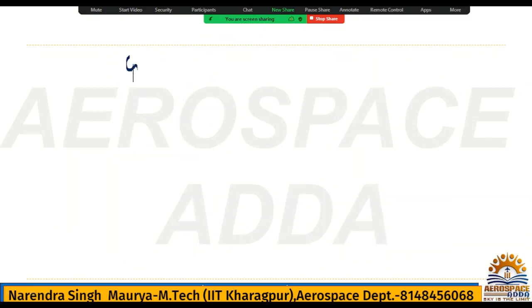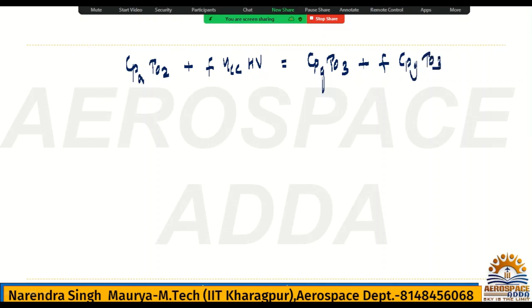Cp of air T naught 2 plus small f eta Cc into HV is equal to, open that bracket. So what you will get? Cp of gas T naught 3 plus f times... check what is the f. So you can write small f, you take common, so it will be eta Cc into heat value minus